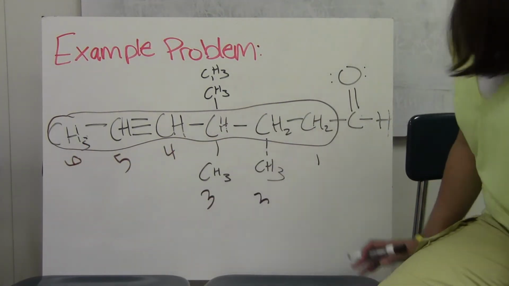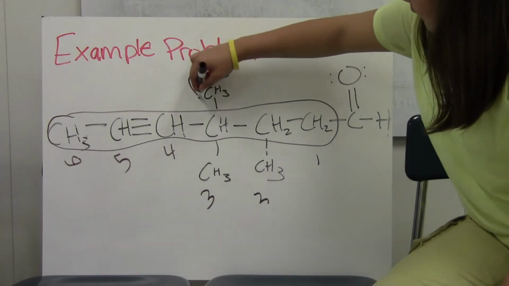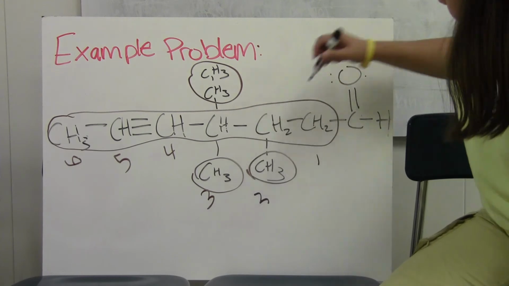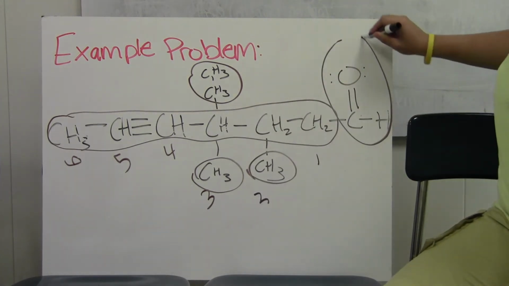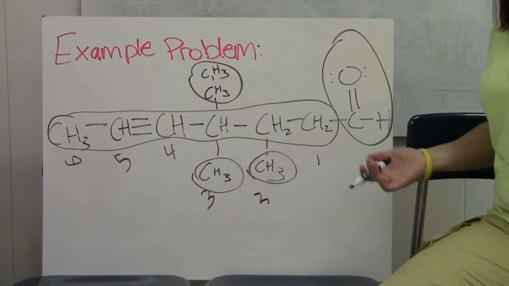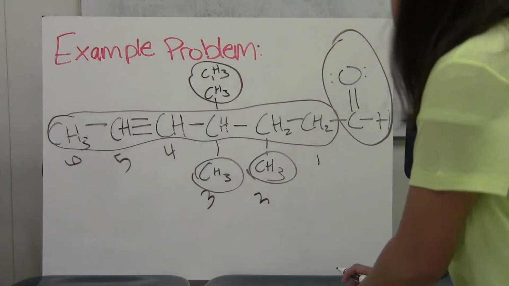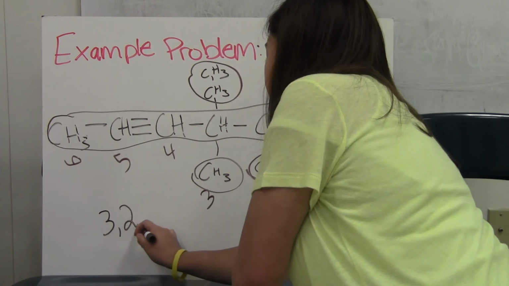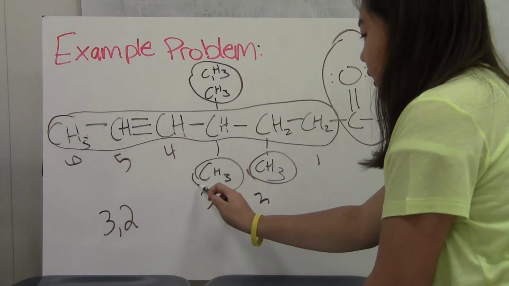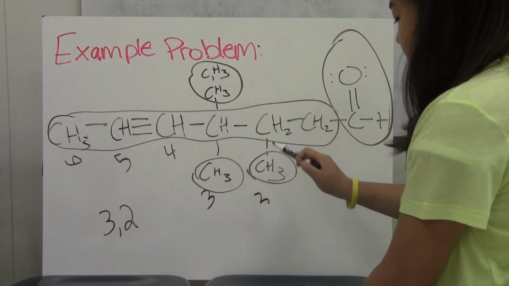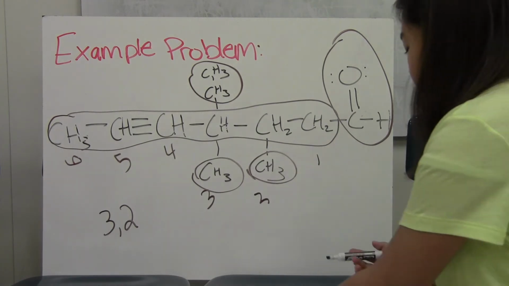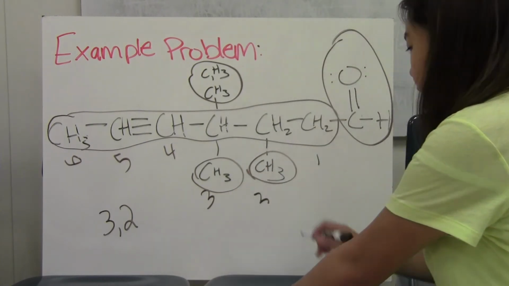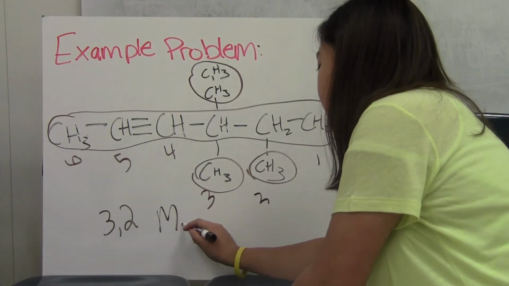Now after that, we're trying to figure out what functional groups we have. We have this group up here, this group here, this group here, and this group over here. And finally, we're just going to name the compound. So this particular compound, we're going to name it 3, 2, because we have a functional group on the 3 and a functional group on the 2, and they're the same functional group. So we're going to name them first because there's 2 of them. And these functional groups are a methyl group. So 3,2-methyl,